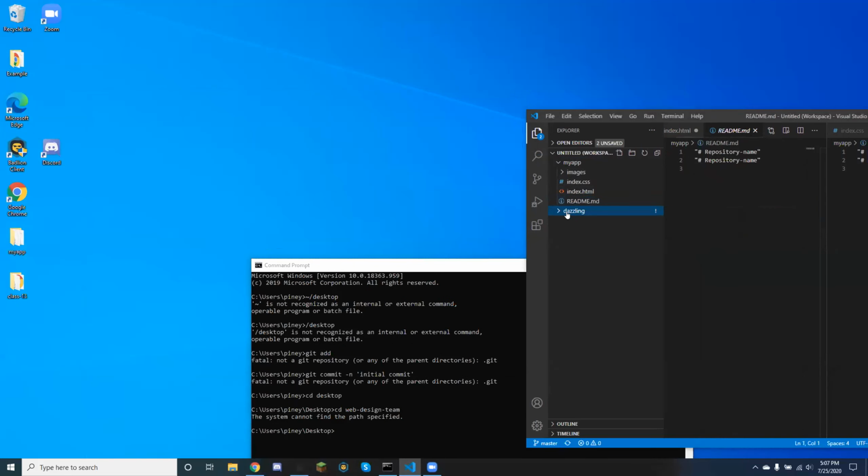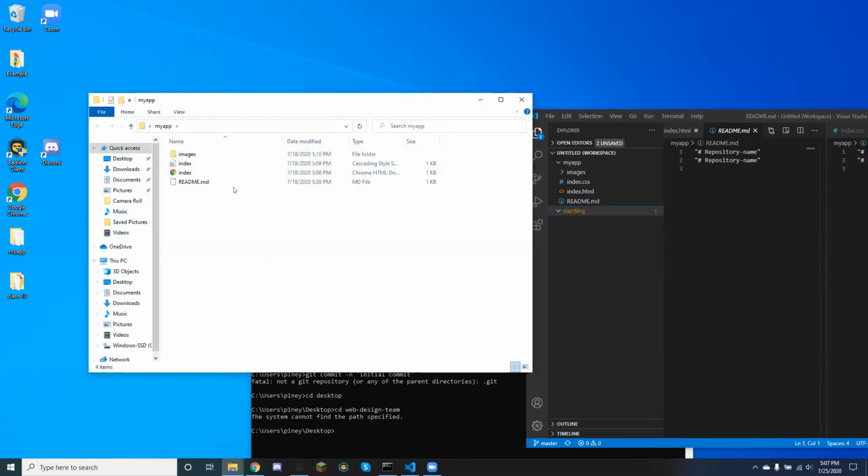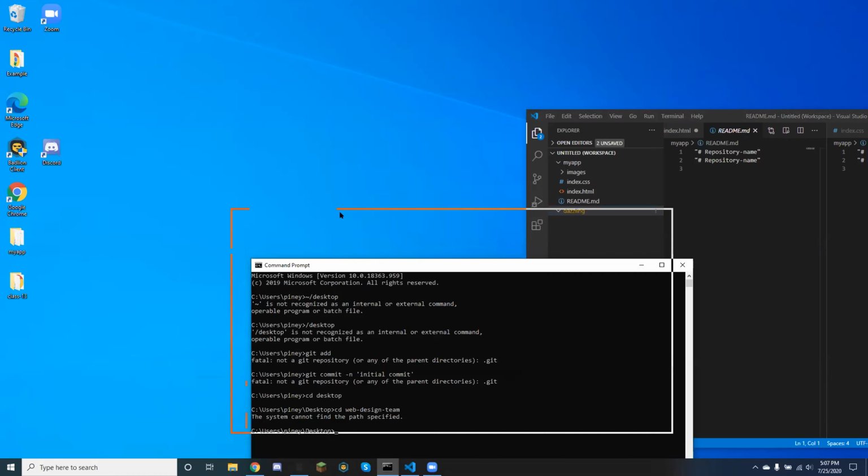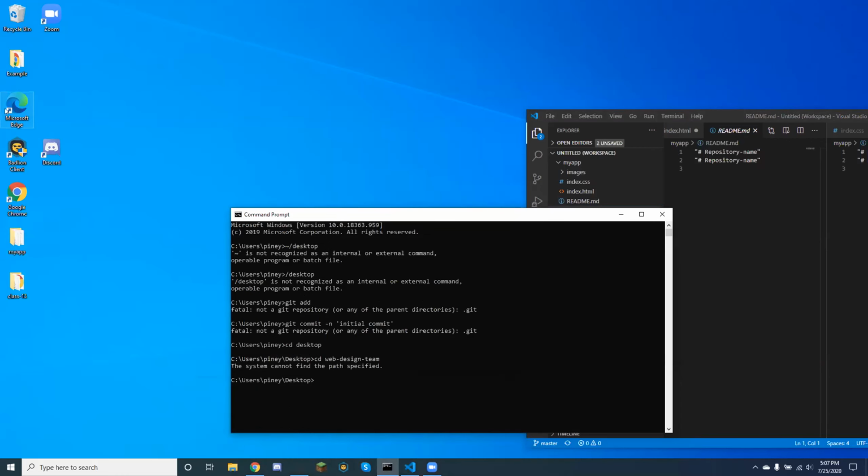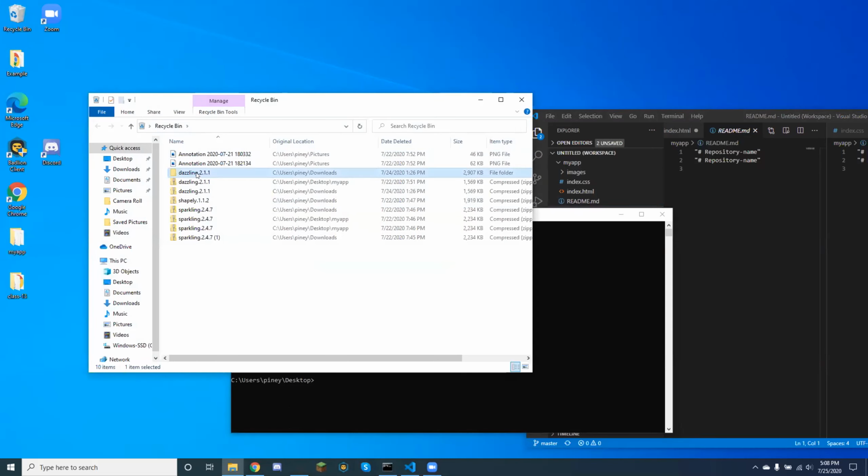It's this one. It says Dazzling, but it wouldn't let me rename it. It doesn't have anything in it. What? But when I put it in, it had stuff in it. It's empty. Wow, it's broken. So Brian, you just find your personal website. Where's your personal website? That folder had stuff in it. Put it in the recycle bin. Oh, there it is. It's Dazzling. Is this one? Yeah. Okay, let's move it out.